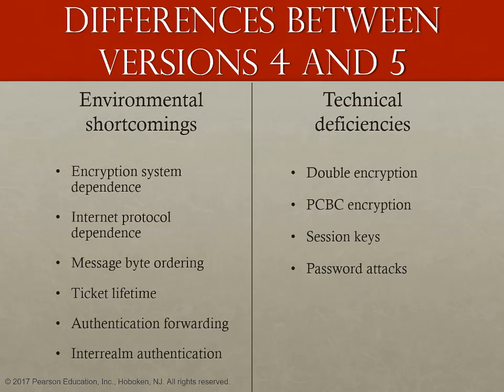So what are the differences between Kerberos versions 4 and 5? Version 5 is intended to address the limitations of version 4 in two areas: environmental shortcomings and technical deficiencies. We briefly summarize the improvements in each area. Kerberos version 4 did not fully address the need to be general purpose. This led to the following environmental shortcomings: encryption system dependence, Internet protocol dependence, message byte ordering, ticket lifetime,